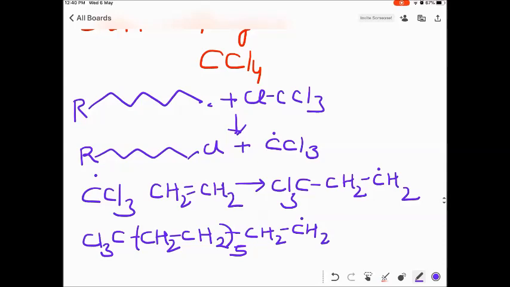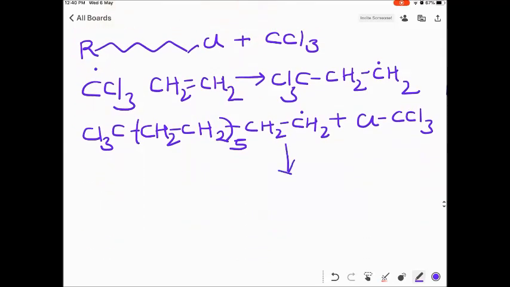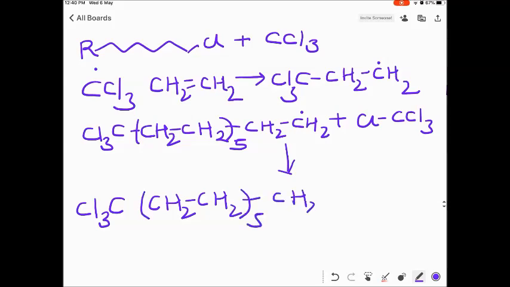But finally what happens is CCl3 initiated the chain, but still there is a CCl4 molecule. It can combine with this growing chain and stop the chain propagation, and this acts as a chain termination step also. CH2 CH2 Cl. So what has happened is this new free radical generated is CCl3. It will initiate the free radical polymerization in another ethene molecule.